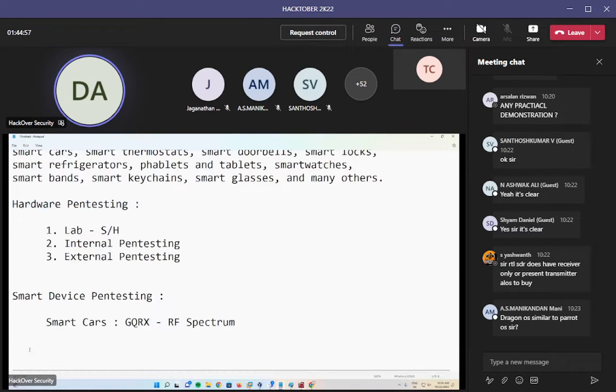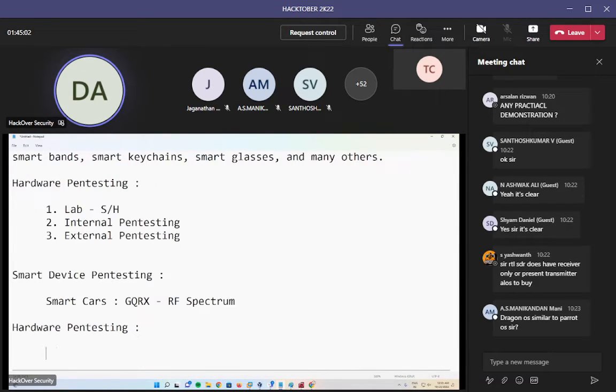While coming to this hardware pen testing, we'll keep an example like telecommunication pen testing, or definitely I'll give you some examples, or I'll demonstrate how it will be done. Okay, telecommunication pen testing or firmware hacking. Okay, in hardware pen testing, firmware hacking takes a major place. Okay, firmware hacking is nothing but,